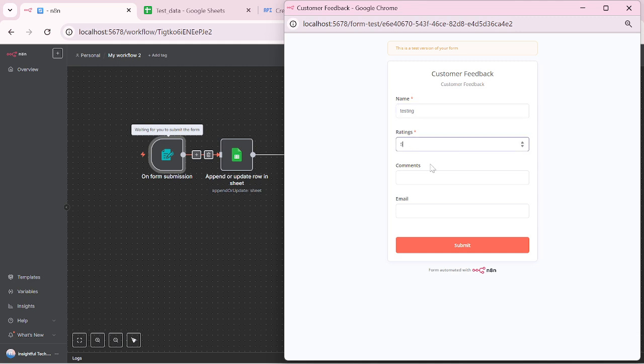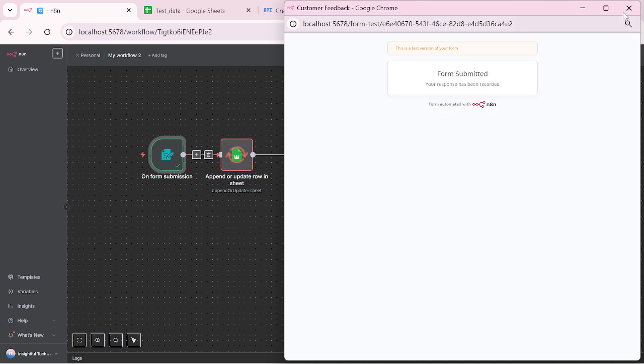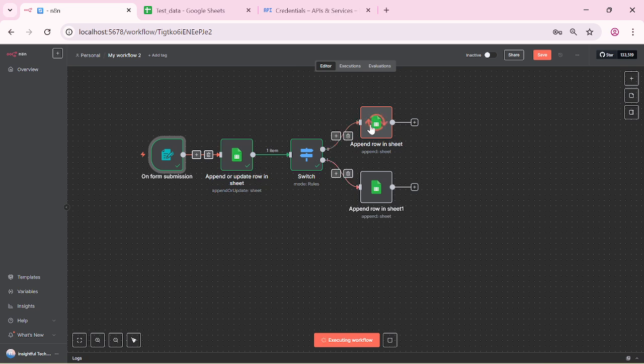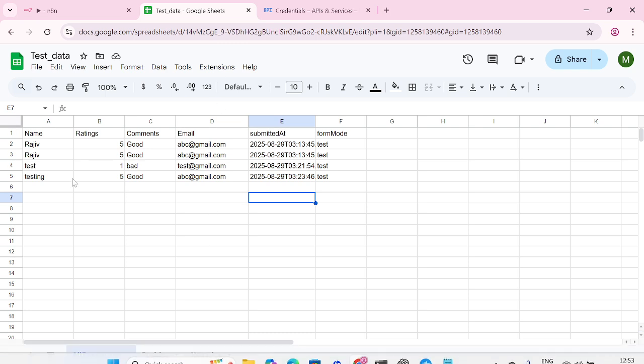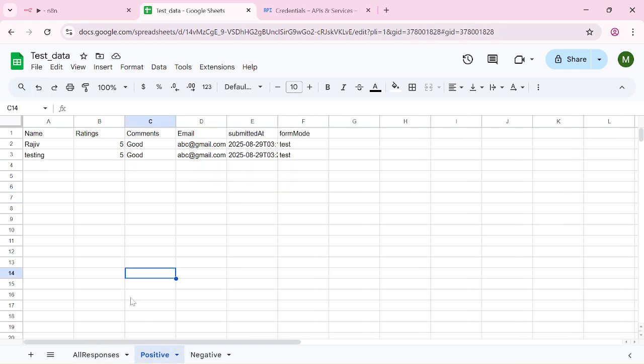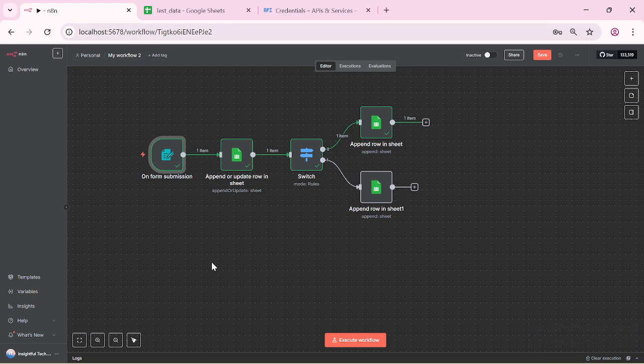Okay, 5. Good. abc@gmail.com and submit. So it's working. Yeah. So now you can see it has inserted in all response and it should come here. So it's working fine now. Now